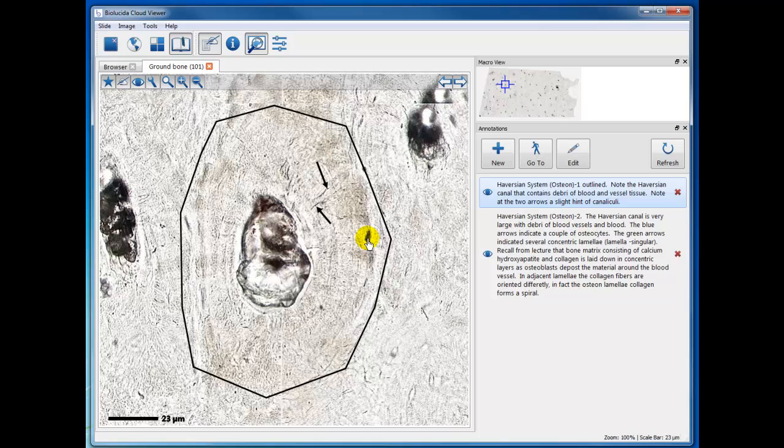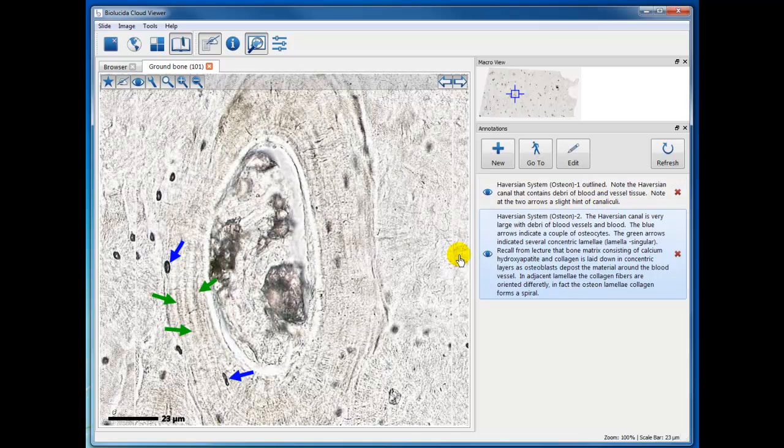But unlike the lecture illustration, you can't see the canaliculi very well. Unfortunately, this preparation wasn't thin enough to see those, but I did indicate a couple of arrows here that have a hint of a canaliculus. If we look at the second Haversian system that I'm bringing to your attention,